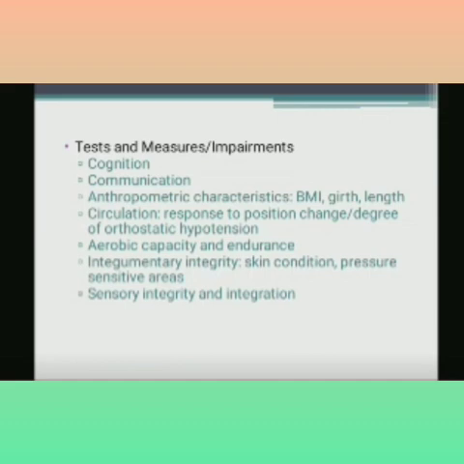There is peripheral pooling of the blood. So the heart cannot pump enough blood to the brain, or cannot take back the blood from the lower limbs, or lower portion of the body. So it cannot generate the vital amount of blood in the other areas of the body, and there is a fall in the blood pressure. That is orthostatic hypotension. Understood? Okay, sir.